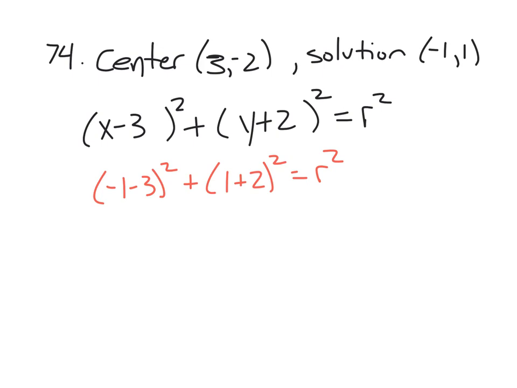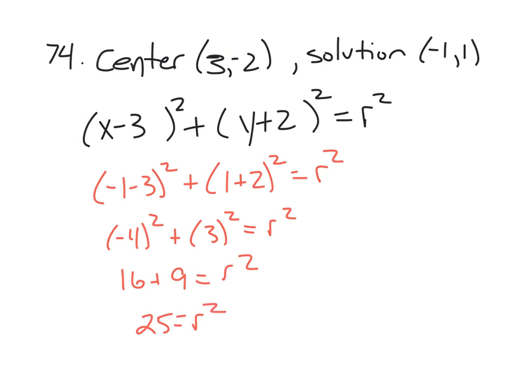All right. So then that's -4 squared. That looks like 3 squared. So we got 16 plus 9. And so then 25 is what our r squared is. Why did you plug in -1 and 1? Because they gave us this as a point on the circle. Is that okay? And so then to answer the question the problem's asking, this would be